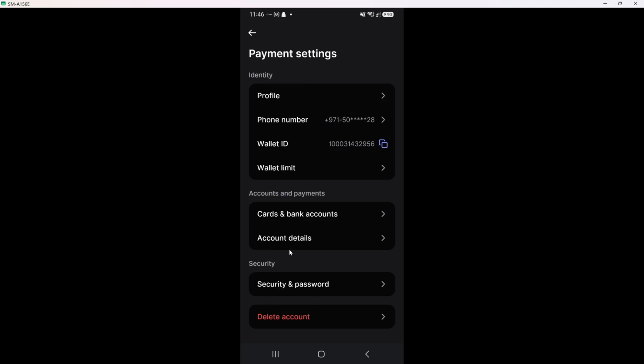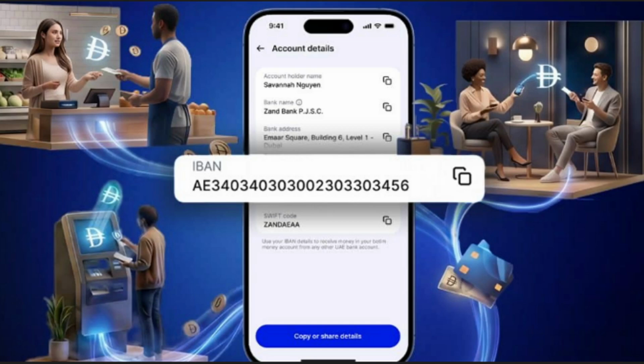Next, click on Account Details. Here you will find a summary of your account, including your IBAN number. This area is crucial for anyone needing to make transfers or receive money. It is a good practice to check this information regularly to keep your records accurate. You should see a clear layout of your account details, making it easy to locate the IBAN number you are